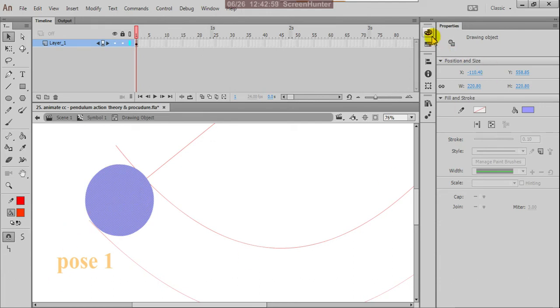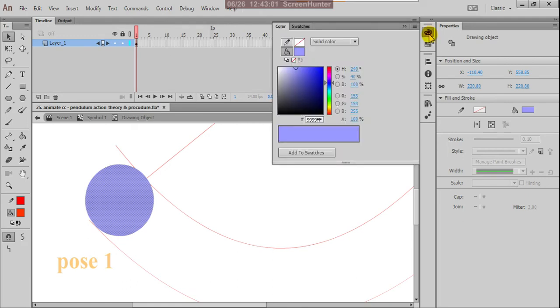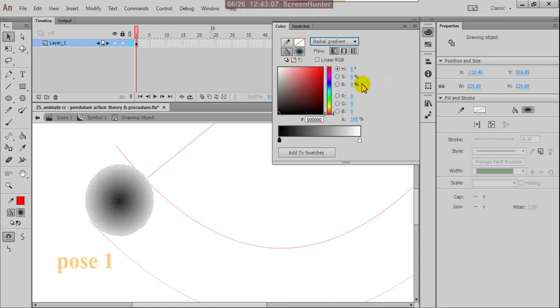Suppose here I am giving a gradient color. Okay, so instead of solid color, choose your radial gradient. Perfect. So you can change the colors.